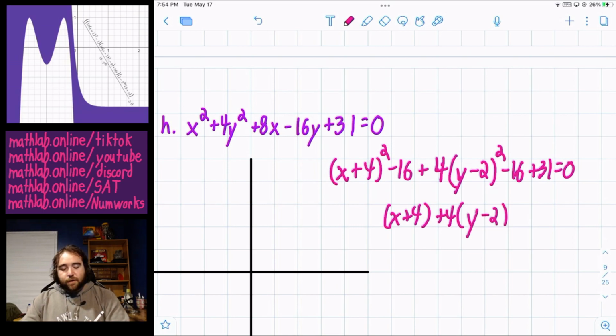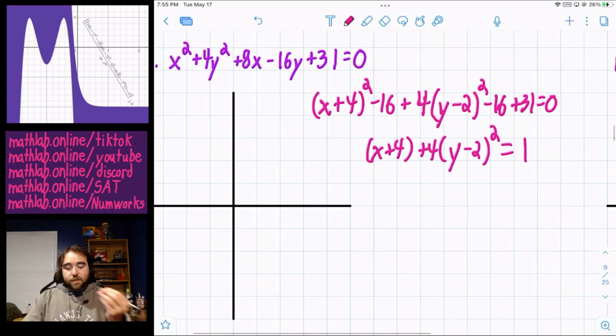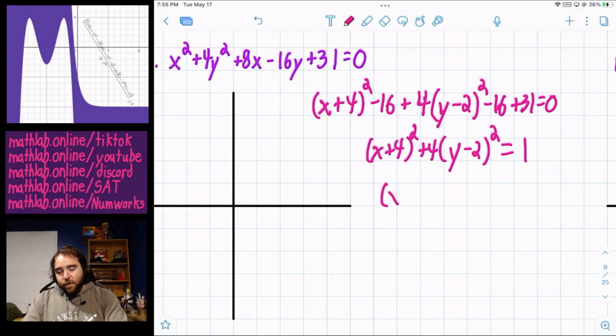Basically what happened was that when I was doing these, I was typing them into the calculator, and I just typed them in kind of wrong. Like I intended for that to be over 4. But this is still legit. What this is, multiplying by 4 is the same as dividing by 1/4. So what this really is: x plus 4 squared plus y minus 2 squared over 1/4